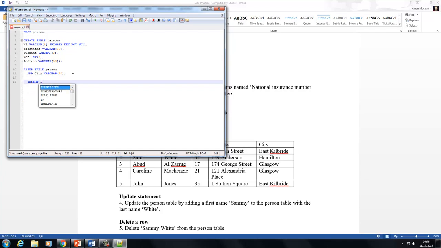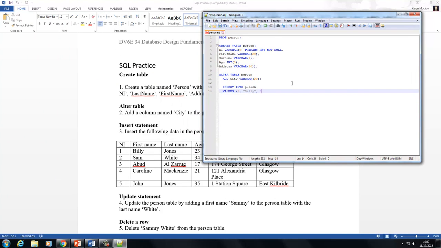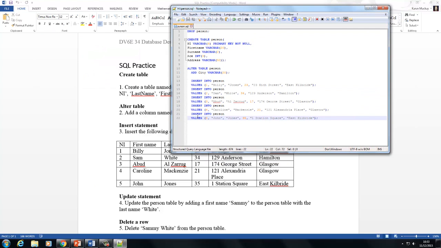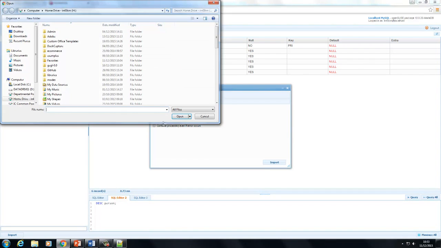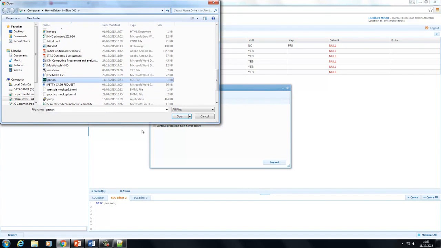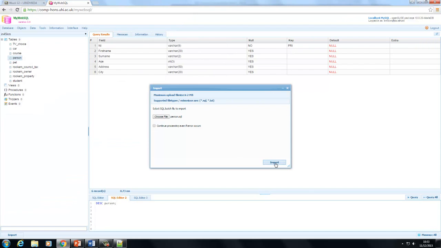The third question on the SQL practice paper is asking us to insert data into our person table. There's some sample data provided here for you to insert. So again, we'll add this command to our script file. So having inserted the data on our script file, we now need to save the file and import. So data, import batch file, and select the batch file. And if we import,